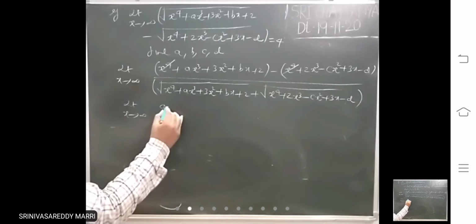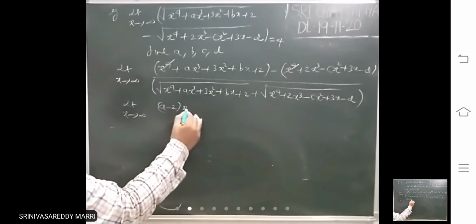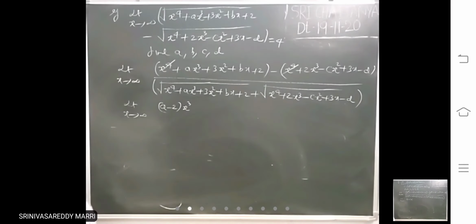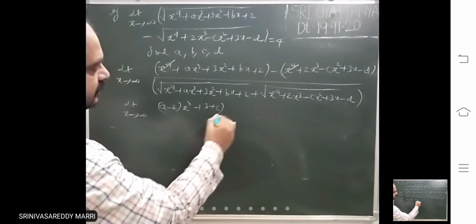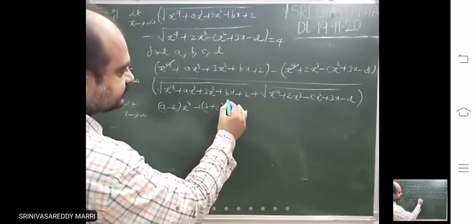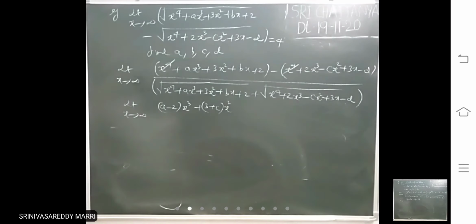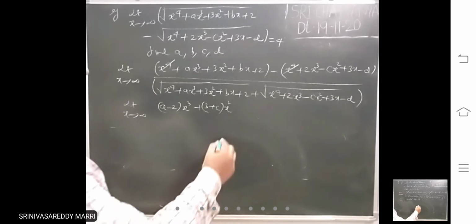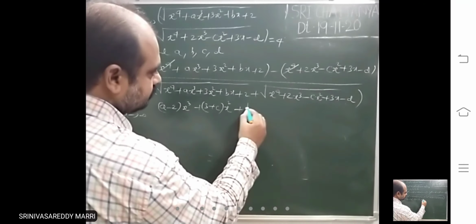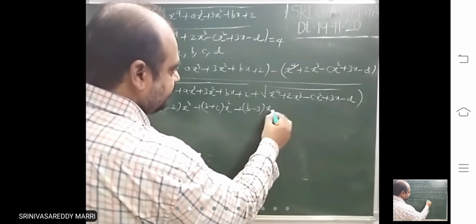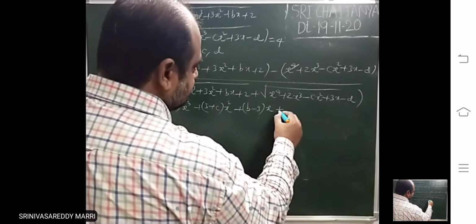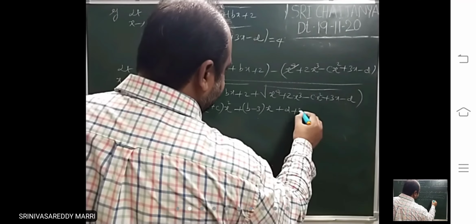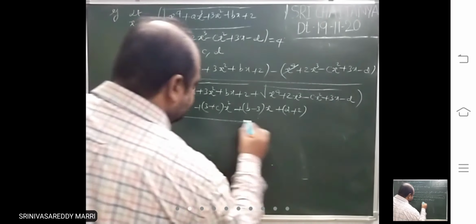x cube terms: a minus 2 into x cube. x square terms: 3 plus c into x square. Next x terms: b minus 3 into x. Constants: d plus 2, divided by